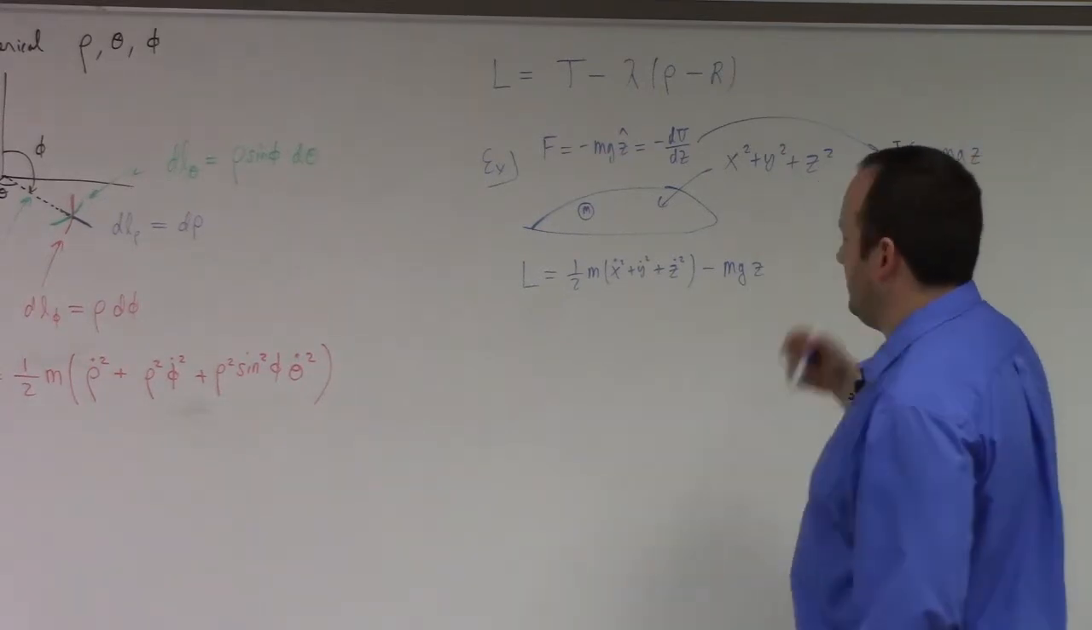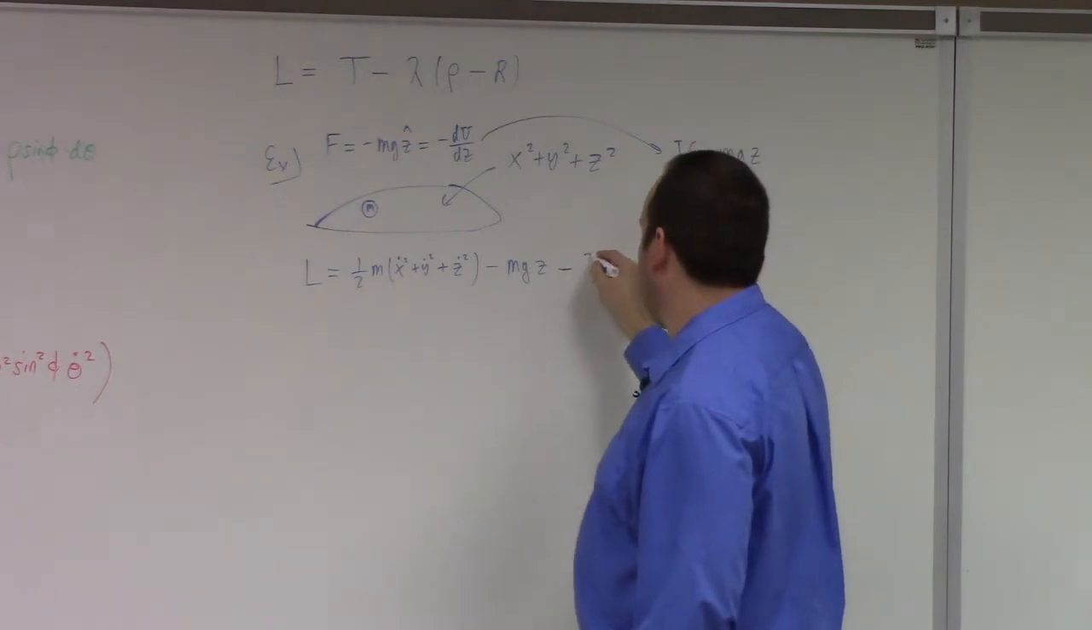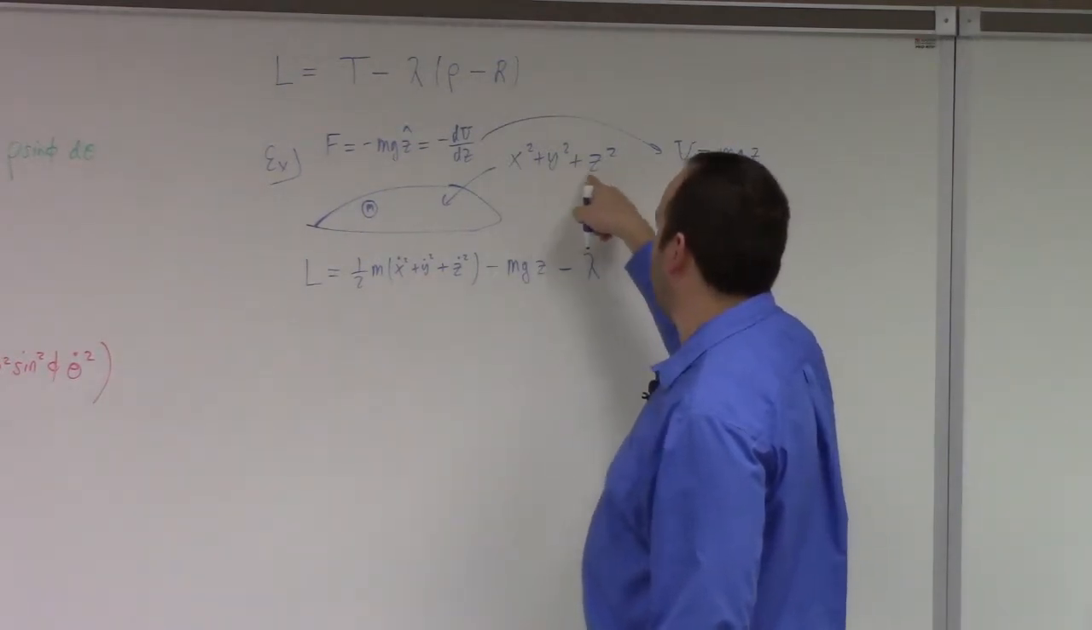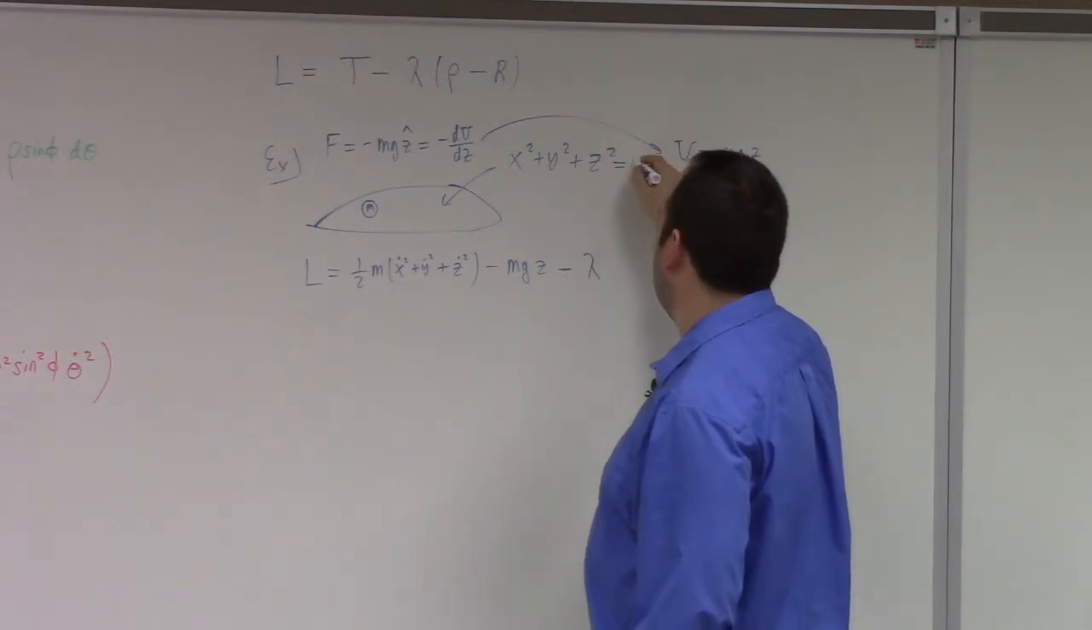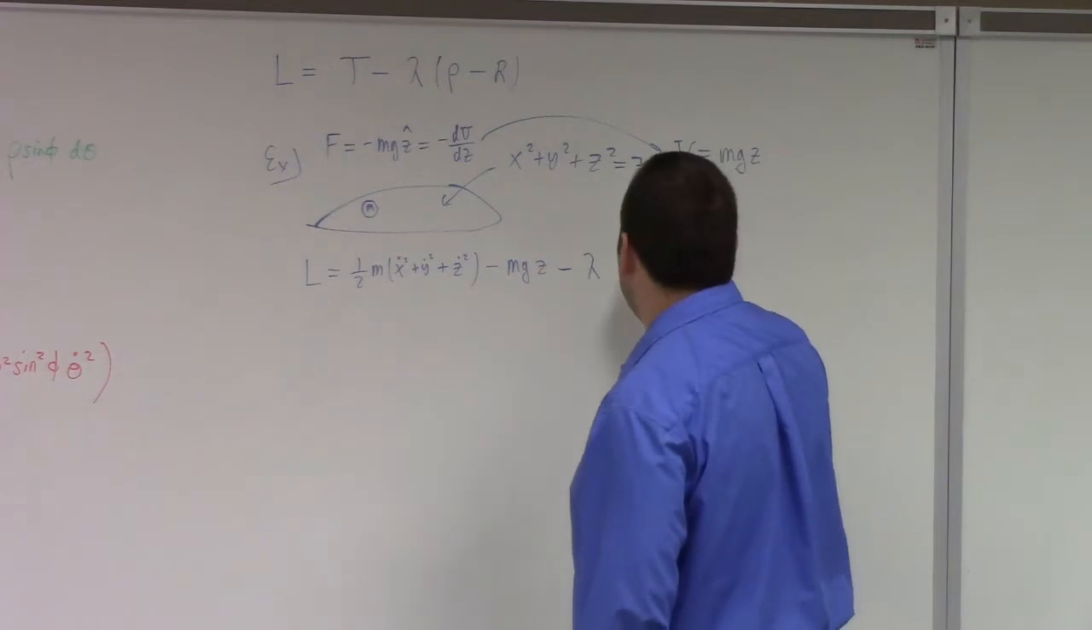Mgz, so yeah, minus mgz. Just checking on the sign. And then what? Then you do minus lambda. I guess I didn't finish the surface. It's x squared plus y squared plus z squared equals 7 there. 7 is constant though. And so I would do,